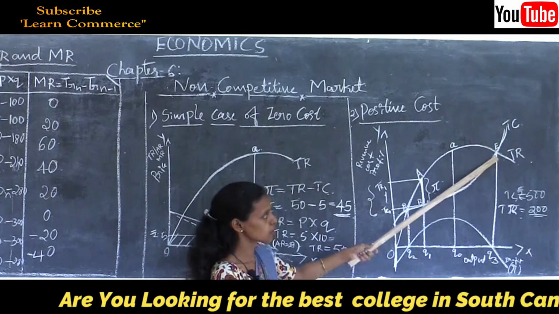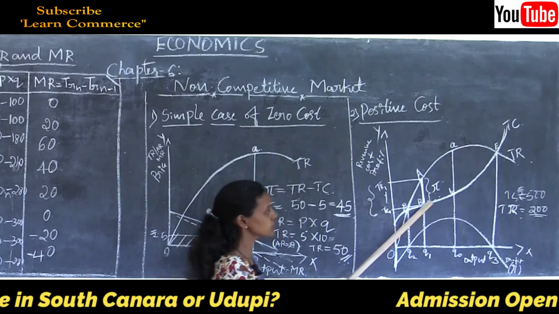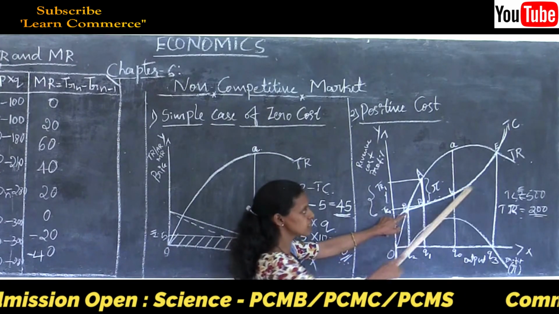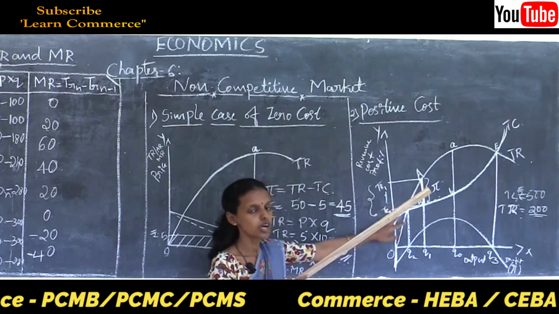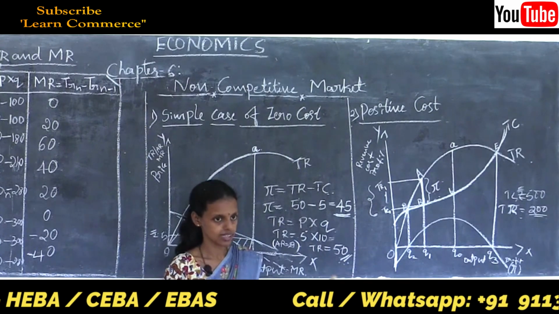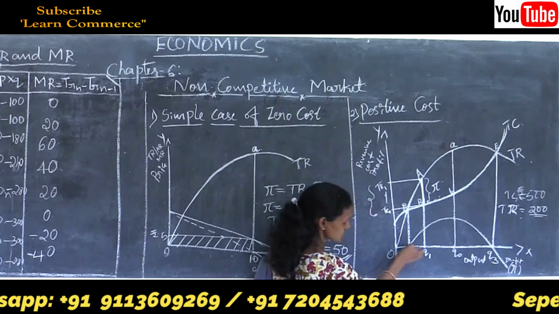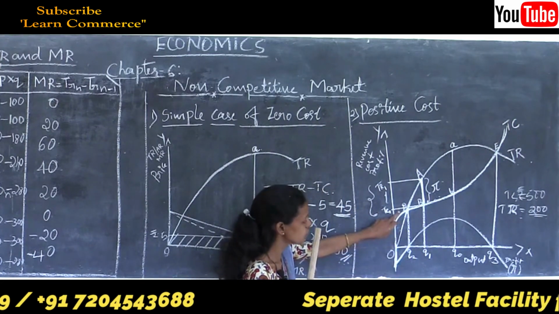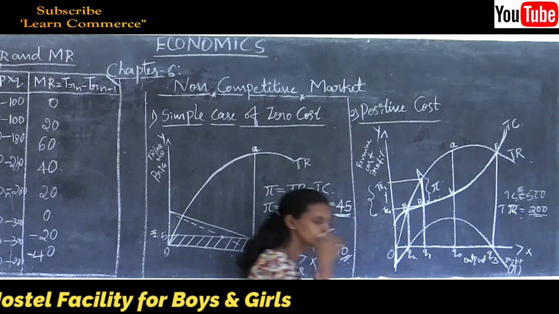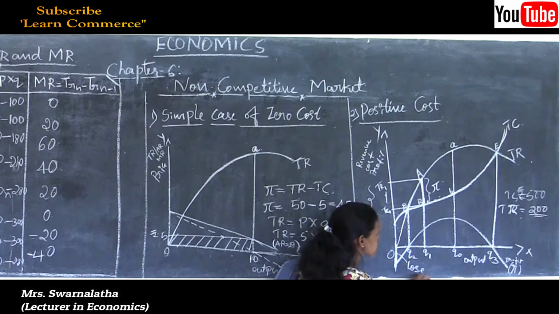So see here properly, the total cost curve is rising upward. In the initial stage it is very less, afterwards total cost is more, and again it is positive in case of maximizing the profit of the monopoly firm. So how to draw the profit line is the question. In the initial stage you can see at the OQ2 level of output, total cost is more than total revenue, thus the profit line lies below the OX axis. It shows a loss to the firm.